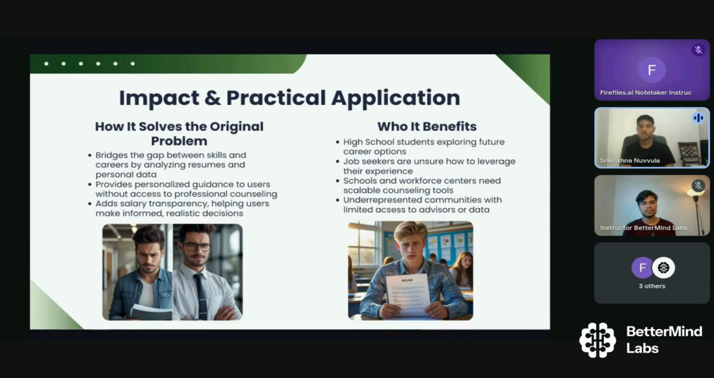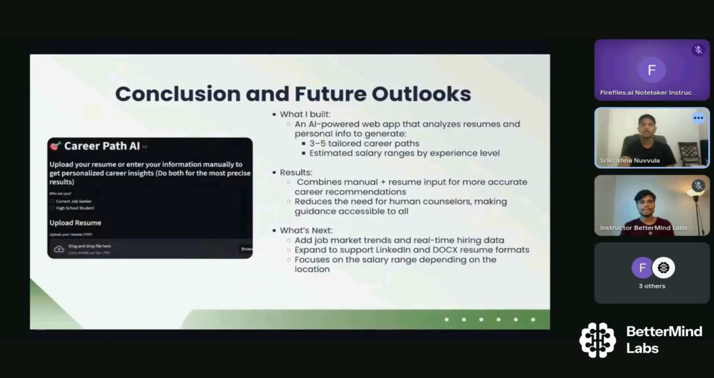But it doesn't just benefit job seekers. It benefits high schoolers who are still in doubt of what they want to do in the future. It benefits schools and workforce centers in need of scalable counseling tools, and it helps underrepresented communities with limited access to advisors or data. So basically, what I built was an AI-powered web app that analyzes resume and personal info